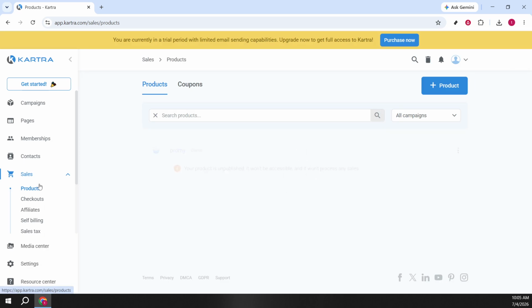Inside the product settings, switch over to the links area. This is the hub for all URLs related to your product. You'll see a few important pieces here. First, the link to your checkout. This is the direct URL that sends people to your product's checkout page. It's the most common link you'll share in emails, buttons, and promotions, and it ensures buyers land exactly where they